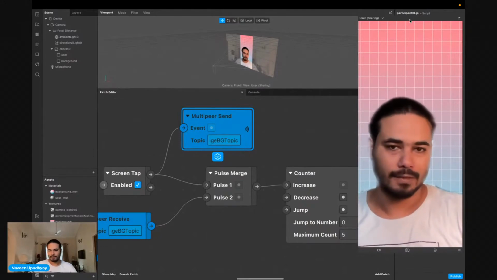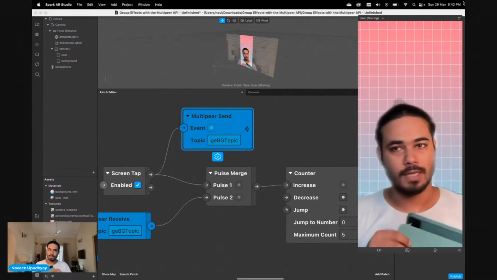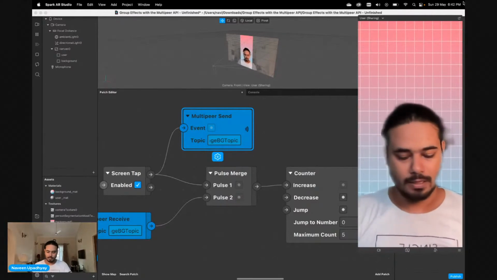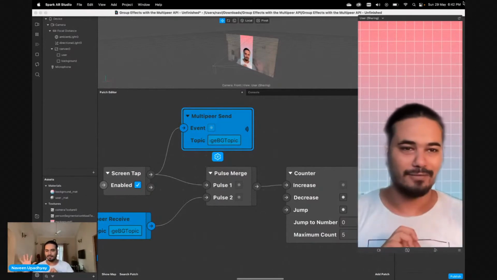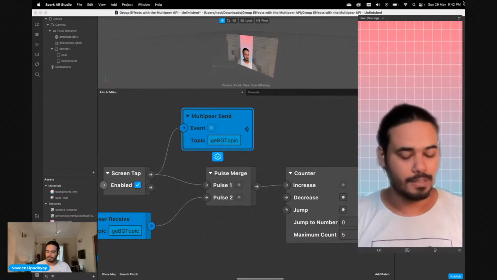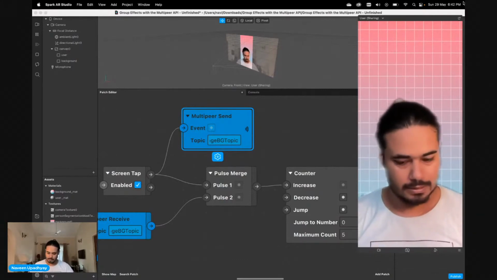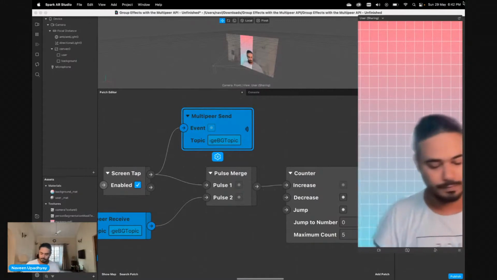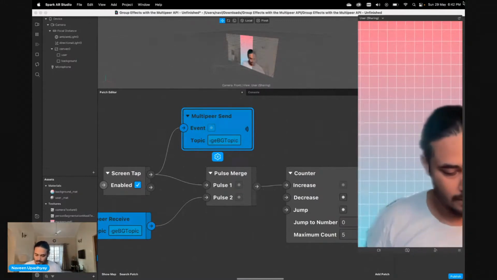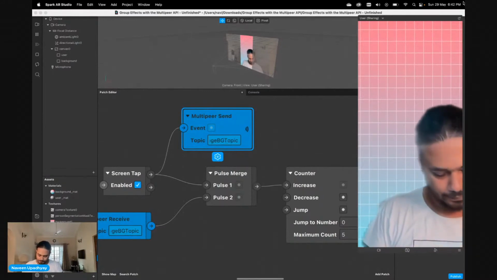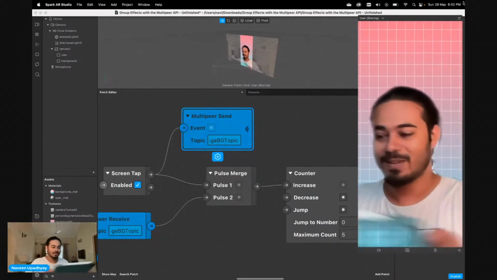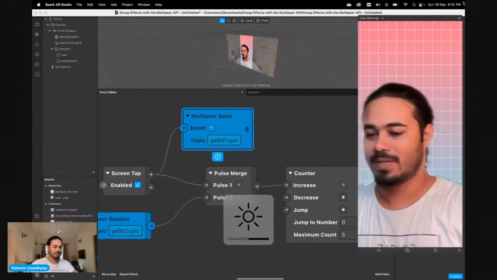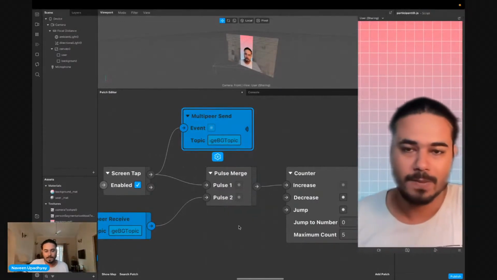Let me also take an example. I'll do a little bit of drawing for you, because I know it's a little bit overwhelming when it comes to how the same code is working differently on different devices, on different users for that matter. Okay, so we'll do the drawing a little while later because this is not really charged at the moment. But let me try to explain it here.